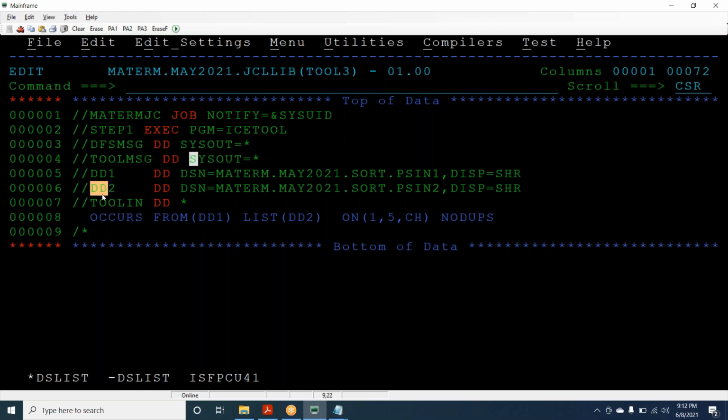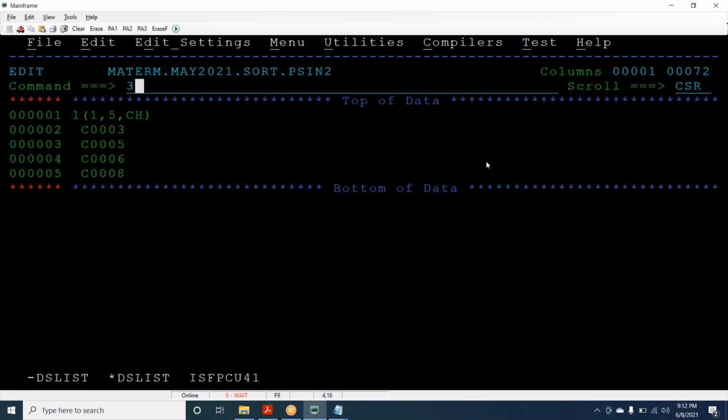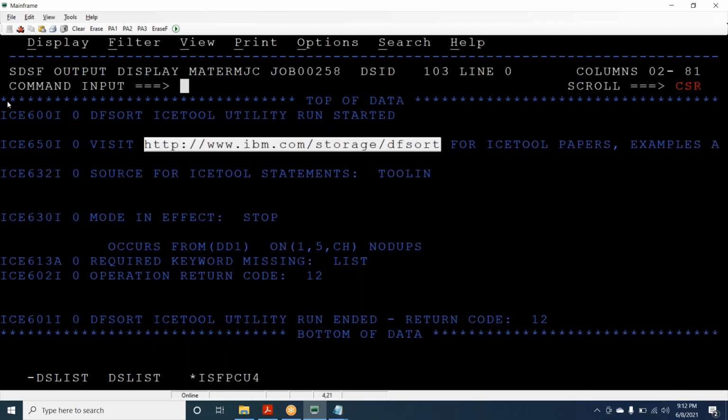We used to write DD2 something, right? Now, if you want the output in a file instead of the spool, write DSN is equal to the file name, comma, disposition share. That way you can copy the entire content that is printing in this spool. It will copy all of it, not only the output you are expecting, these 2 or 3 lines.